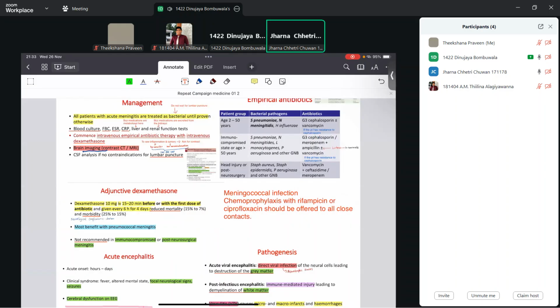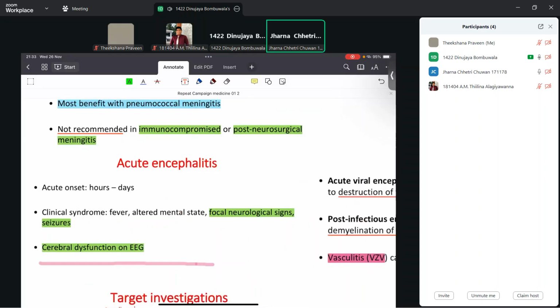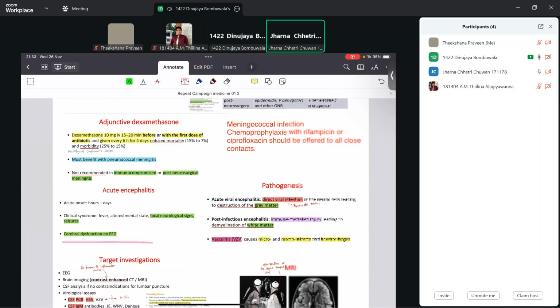I think Satsara or someone had a child with encephalitis. Really? Yeah, Satsara had encephalitis. Devinda had leptospirosis. Yeah, some unusual cases have been given. So I don't think for the repeat one they will give those things, but meningitis definitely they will give if there are patients.